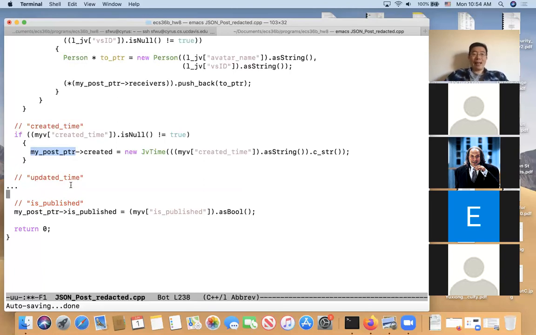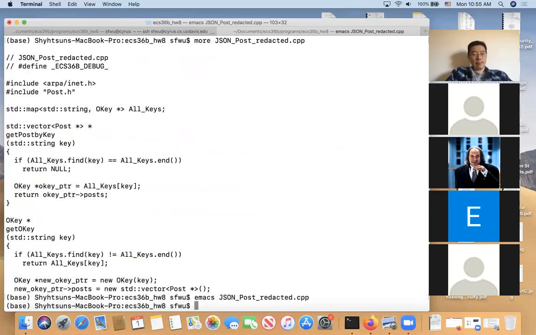Okay, and after you've done this, you have one function called JSON post common, which is used by both the JSON to post as well as for JSON post merging. Okay. Any question? I'm going to update this piece of code. Maybe let me update the piece of code right now. I always forget after I